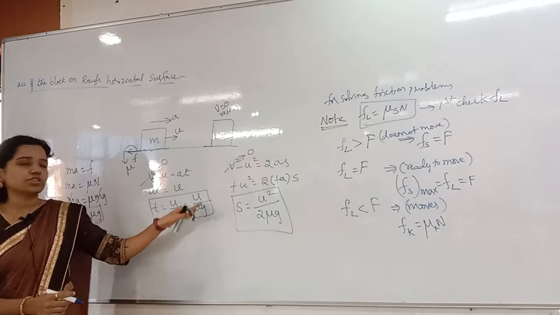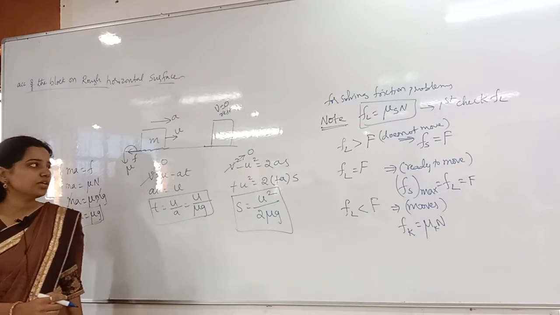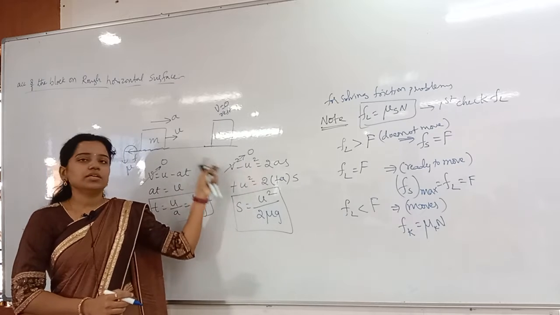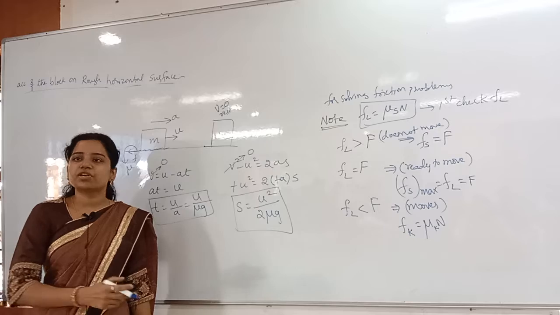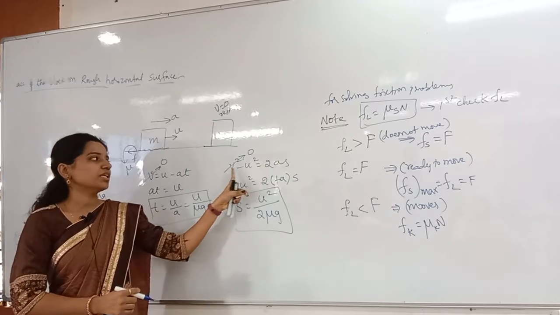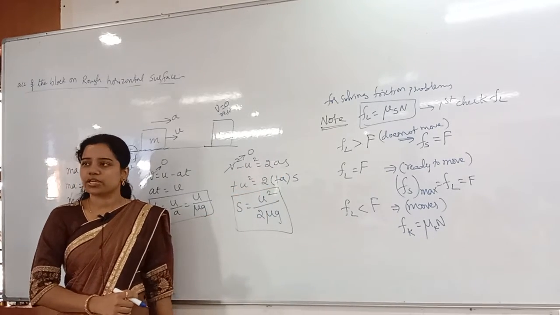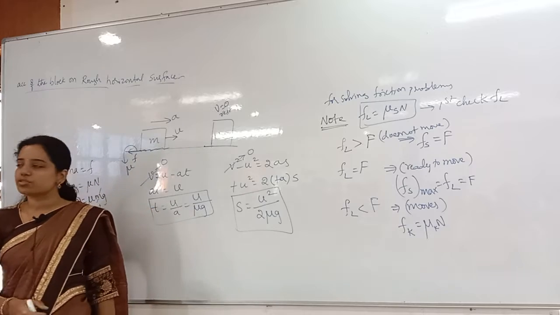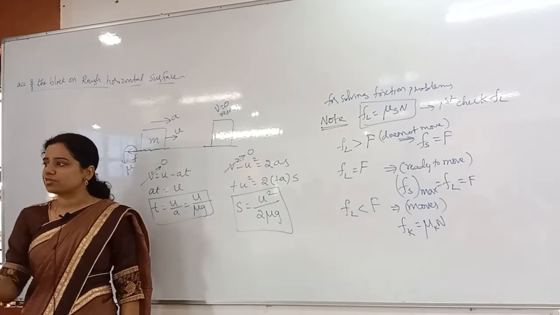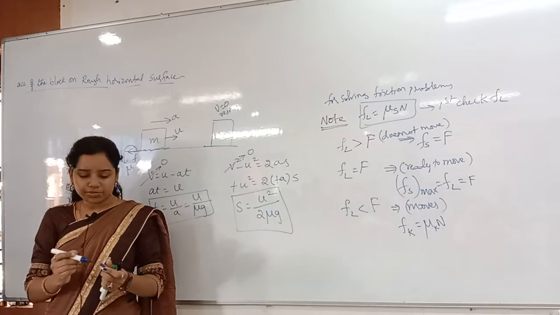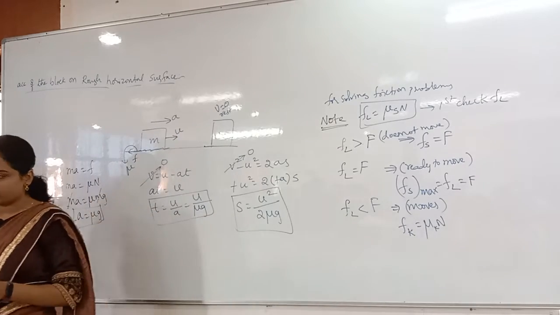From that, t is equal to how much you got? u by mu g. And I am also asking the distance travelled by the body before it comes to rest, otherwise before it stops. So the simple formula is v square minus u square is equal to 2as. You can even use s is equal to ut plus half at square also, but at that time you have to take some LCMs and all. You will get a quadratic equation, no? It will not be easy to solve.